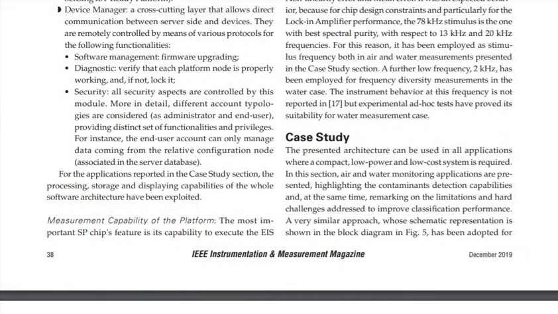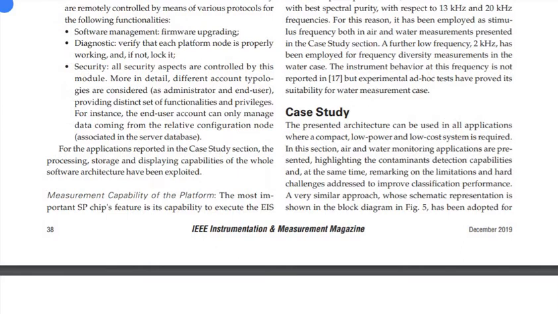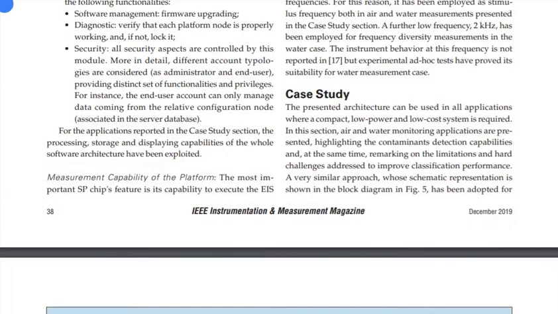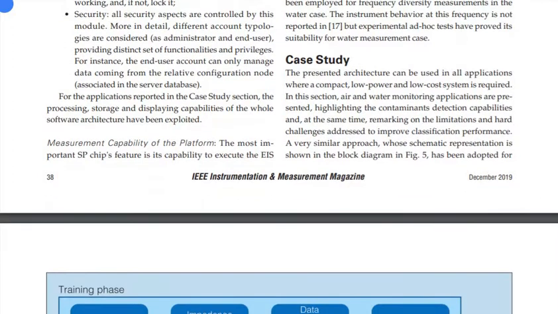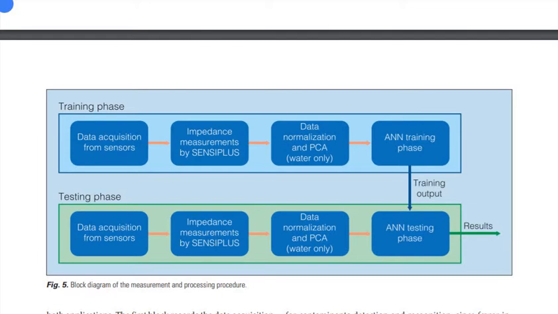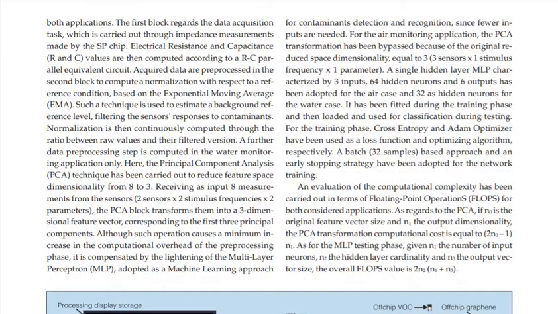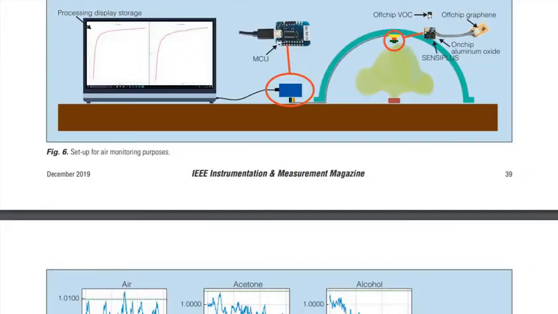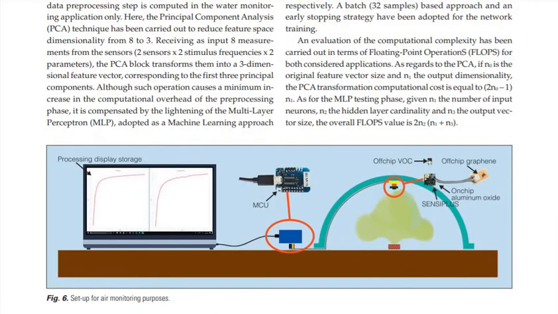This is the main case study part, where they use low power and low cost applications like ESP32 and different types of sensors which are available to people. In the schematic we can see different types of training phases. This is a classification, so they are using training data. They use the data collected by the sensors to train through an ANN, an artificial neural network.